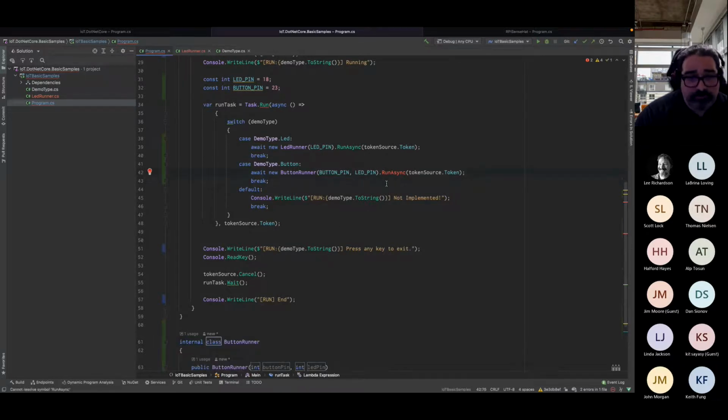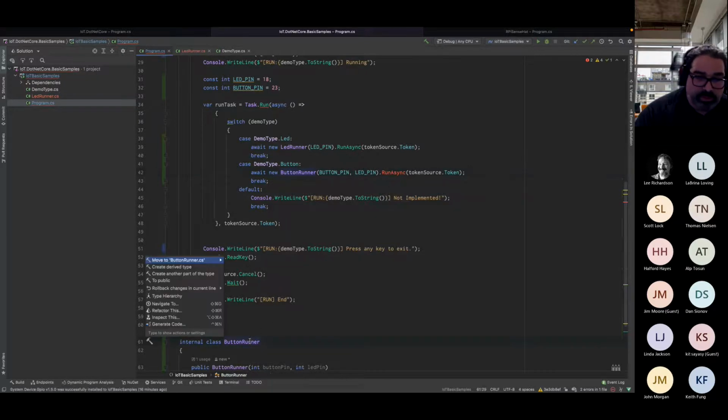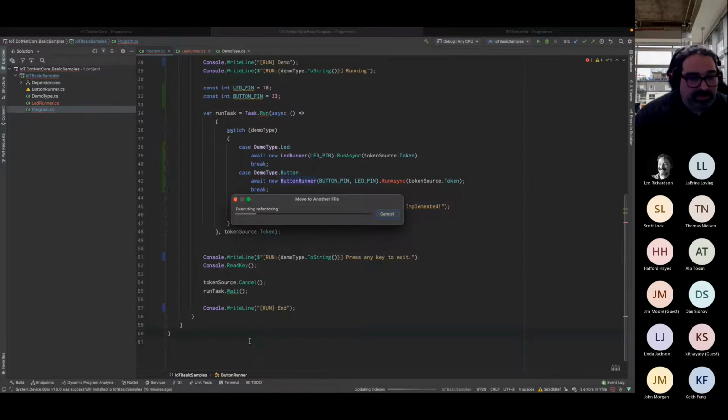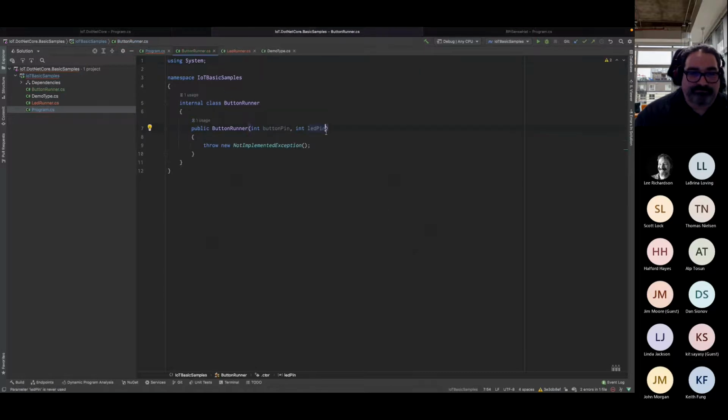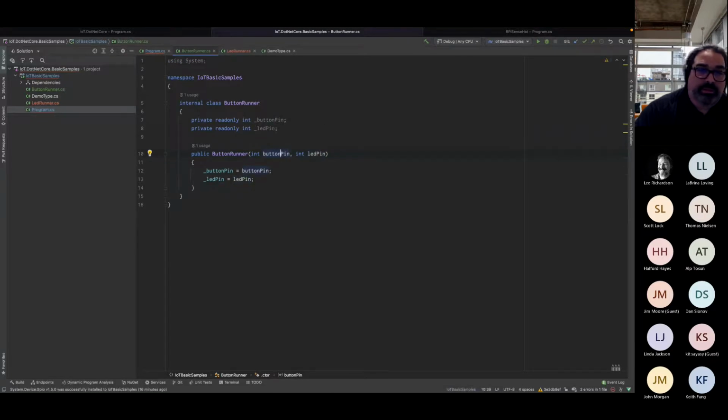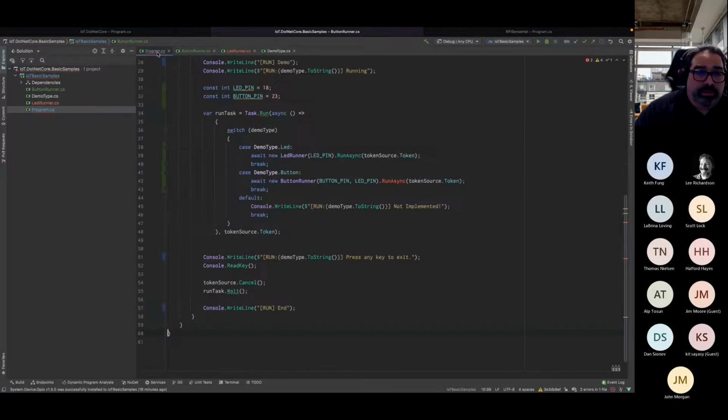But it's just a much different experience working with the hardware. Gives you, at least in my personal experience, a sense of accomplishment, seeing things work. So they're there, and the RunAsync method.